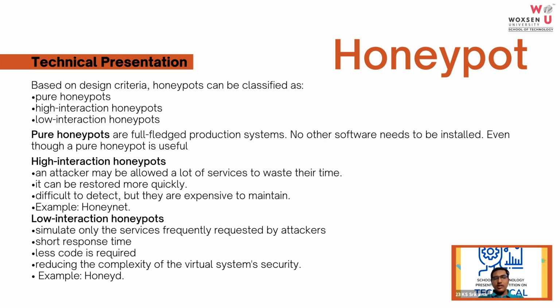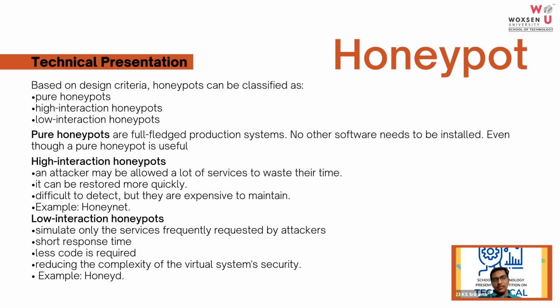Here, one honeypot is connected to other honeypots. So the hacker has a wide range of servers that he has to put down before entering the system. It is very difficult to disable all of this, and it also hides really well so that it is very difficult to detect. And if a hacker is able to put it down, it can easily be restored. For example, Honeynet is one such software which can be used.